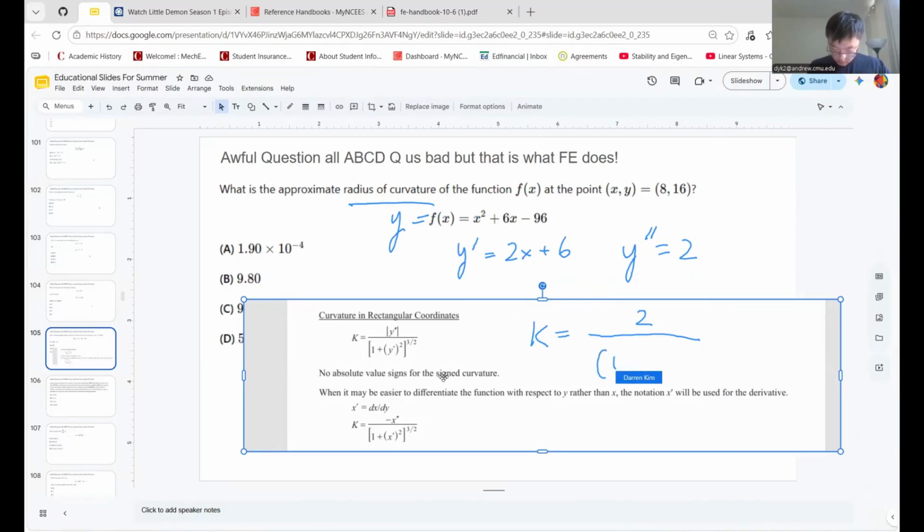So 2 in parentheses, 1 plus, and then it's going to be 2x plus 6. I don't know why they gave me another one. It's been a long time since I did this, but I think I got it. Let me just check if this is one of the answers. If it's not, then I messed up, which is very possible because I do make dumb mistakes. Let's be honest with ourselves. I always hate how this calculator doesn't work when you don't have parentheses on both sides. Always annoying. And then it's going to be 2 multiplied by 8, which is 16. 16 plus 6 squared. And then it's going to be square root of 3 divided by 2, which gives you